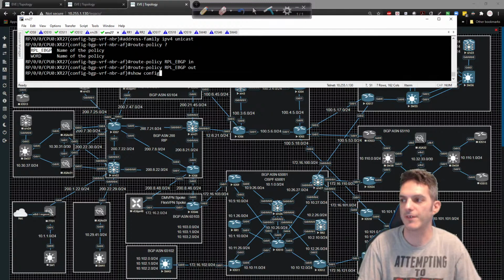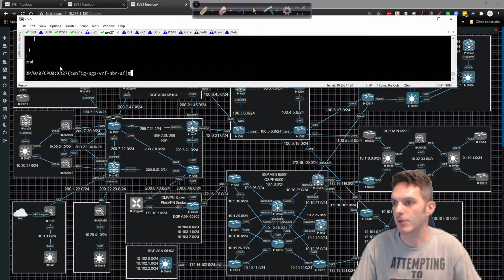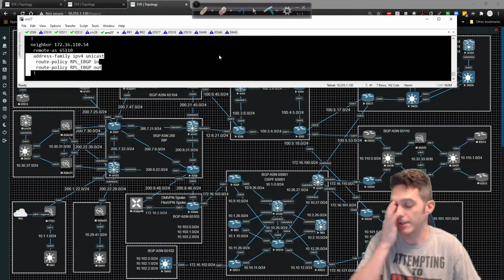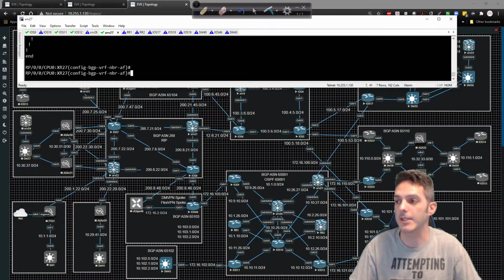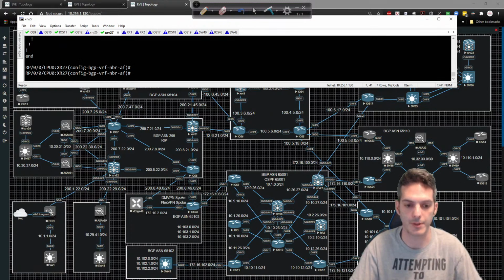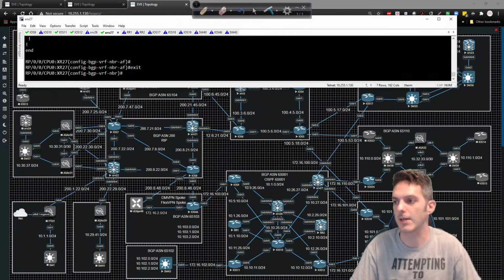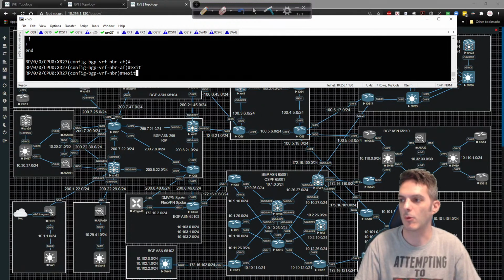So let's do a quick show config, and we're going to grab all this syntax for the neighbor. Actually, you know what? I'll grab the address family IPv4 piece. The neighbor and the autonomous system that we're peering to will be different. So I'm going to exit out 1 level, type in neighbor, 1 more level, neighbor, exit, neighbor of